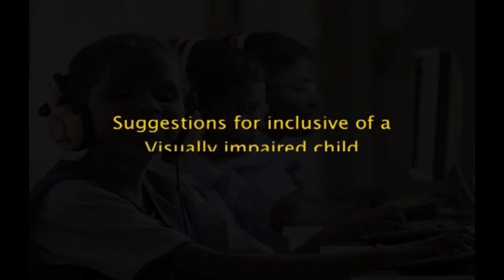After seeing the need for specific considerations, let us now move on to see some suggestions for inclusion of a visually impaired child in a regular classroom. A seat should be reserved for the visually impaired child in the front row of the class or closer to the teacher, and keep the passages and available open spaces in the classroom clear without any obstructions. When speaking to a child with visual impairment, the child should be specifically addressed by name.